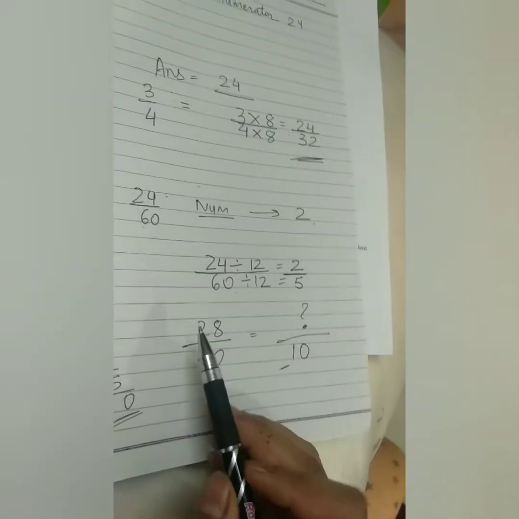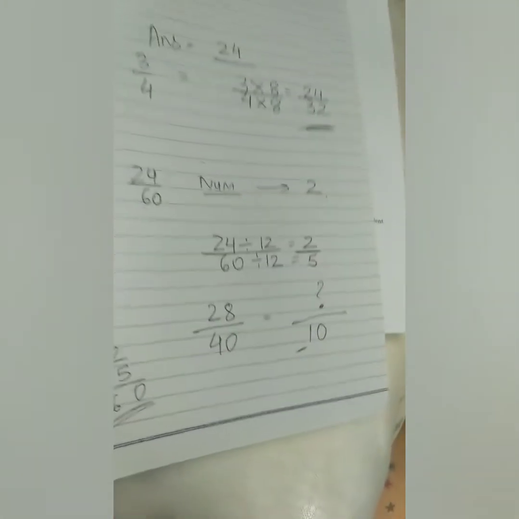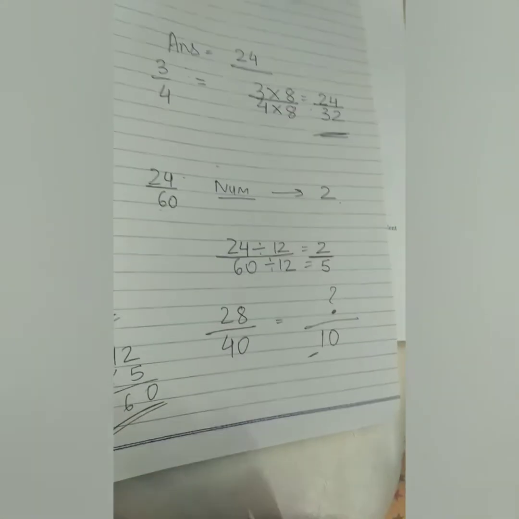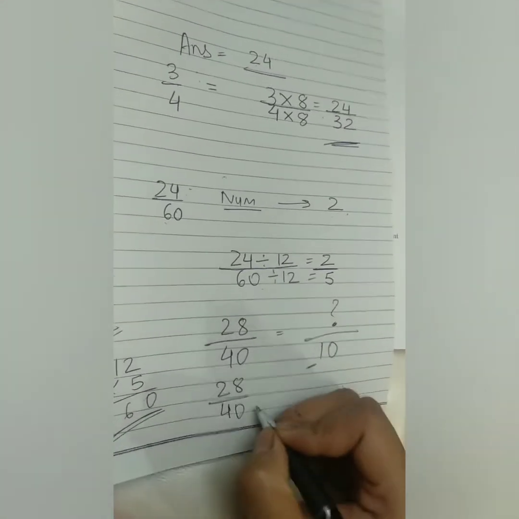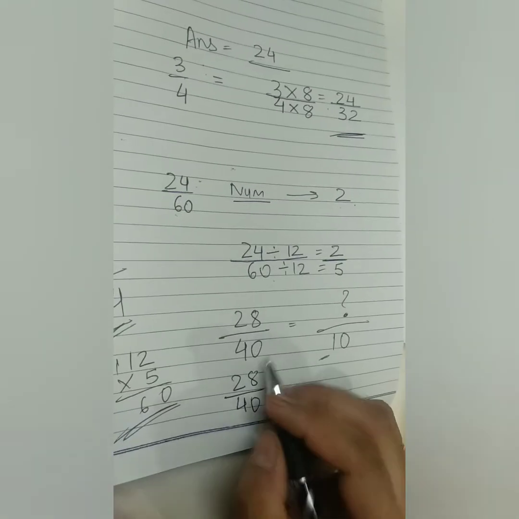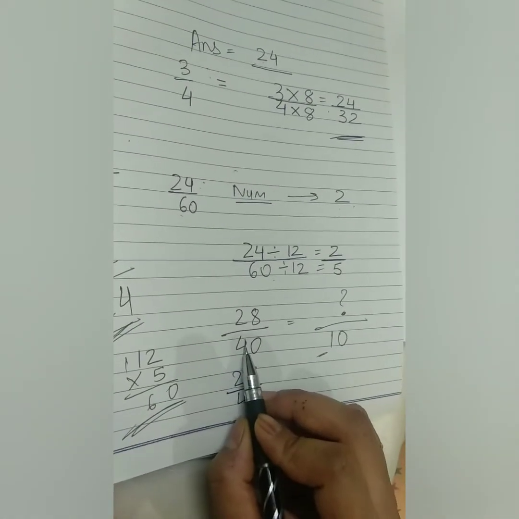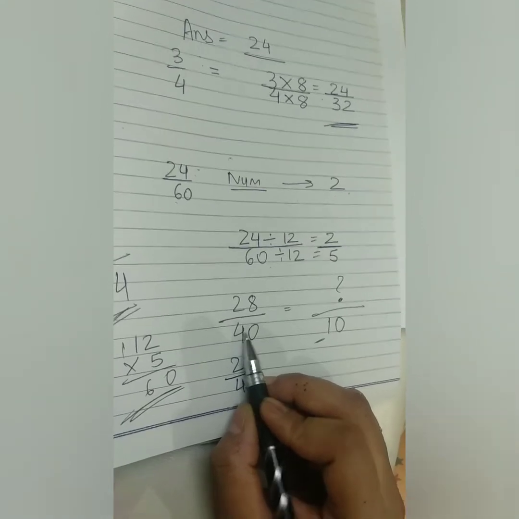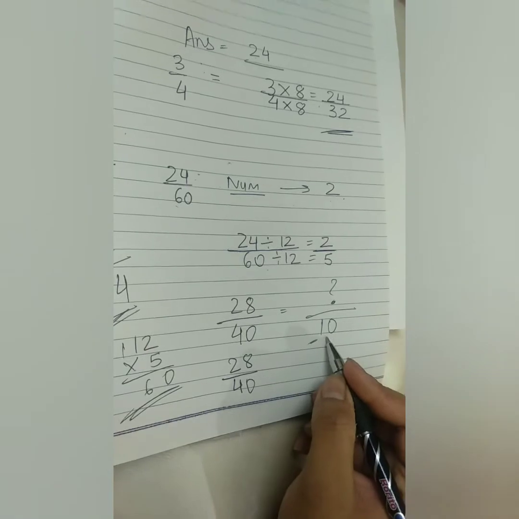Again, you know that this number is bigger to this. That means you are not going to multiply. What are you going to do now? Division. So what will you do in the division case? You are going to find a number which when divided by this will give you this. So what is 40 divided by 4? 40 divided by 4 is how much, children? It is 10. Yes or no?